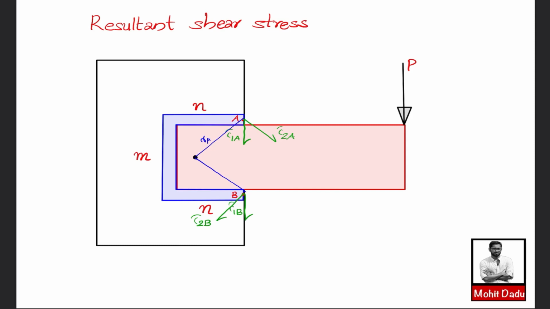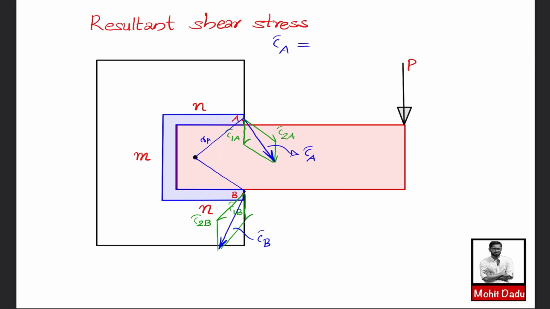Now you can obtain the resultant shear stress by applying the parallelogram law. You construct the parallelogram, and finally you will get a parallelogram like this. The resultant will be of this much magnitude, and I will call this the resultant shear stress at A. In a similar way you can obtain the resultant shear stress at this location also, and that is known as tau B. Here tau A and tau B will be the same because tau 1 and tau 2 are the same.